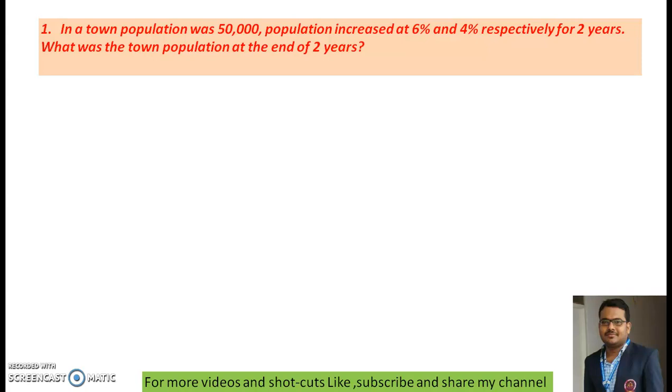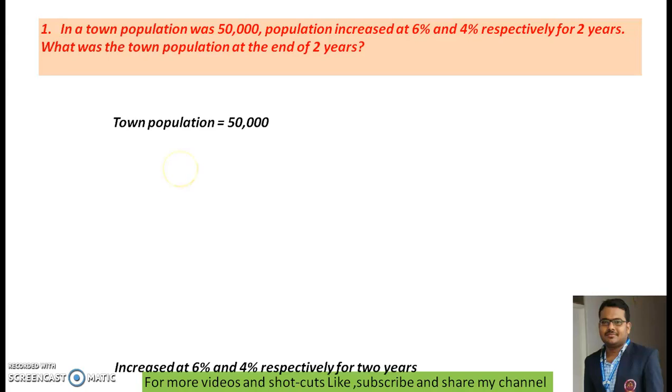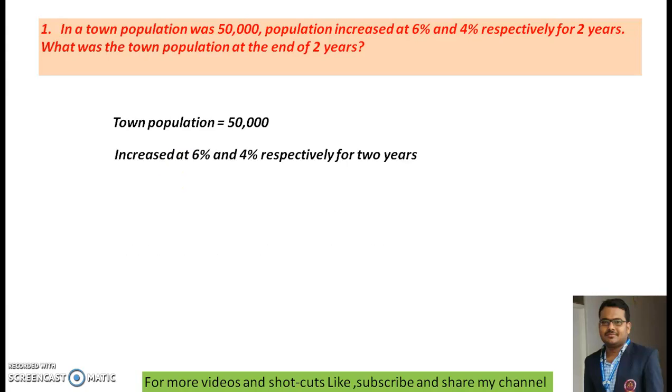So first write given data. Total town population is given, that is 50,000. Next, increased rates are given, 6% and 4% respectively. So if we solve this problem through general procedure, it will take some time. Okay, by using our shortcut, you can solve within 20 seconds of time. So coming to the shortcut,